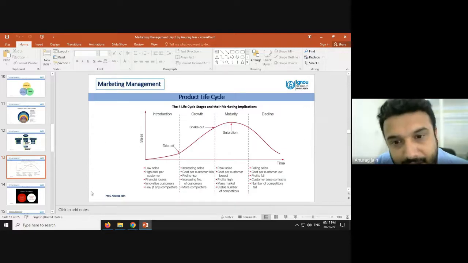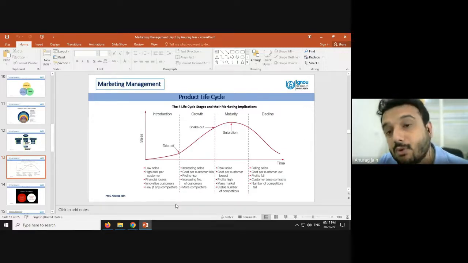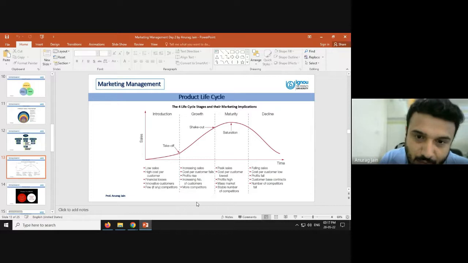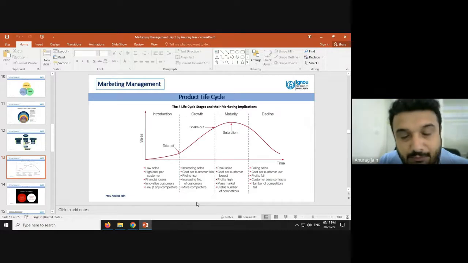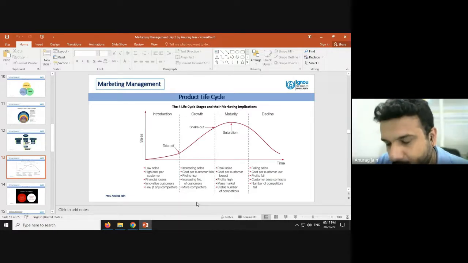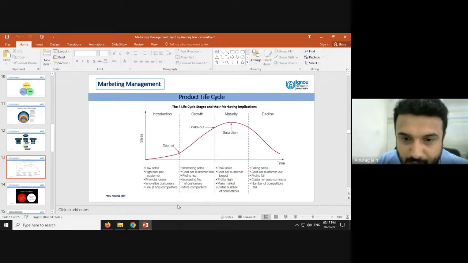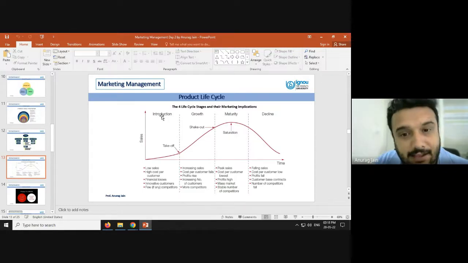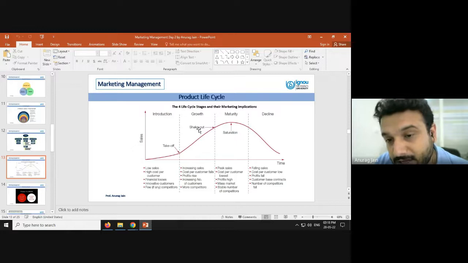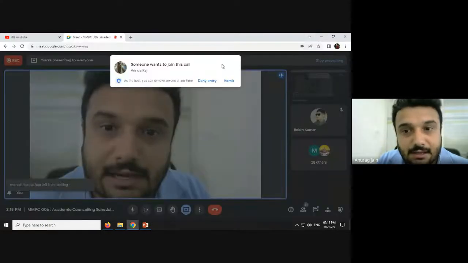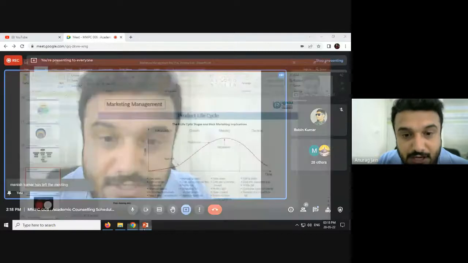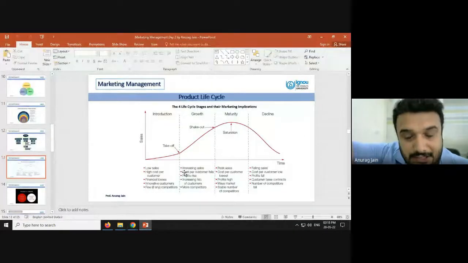One product can have a longer life cycle as compared to another product. So we see some products come in the market. One such example is pagers. I don't know how many of you have seen pagers. Pagers had a very short life cycle. They were introduced in the market, but they did not actually achieve growth completely, meaning they did not go through all these stages, and they came to decline. But on the other hand, there are some products which go considerably through all these stages, right?